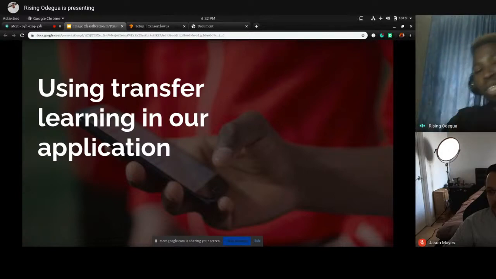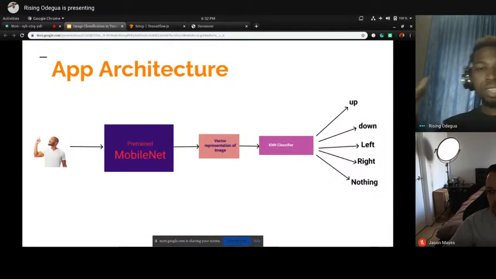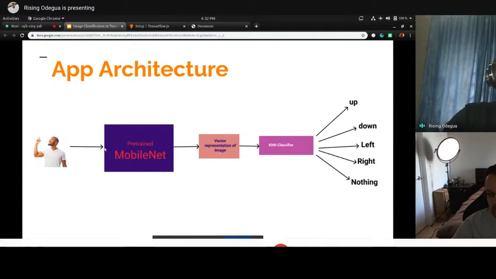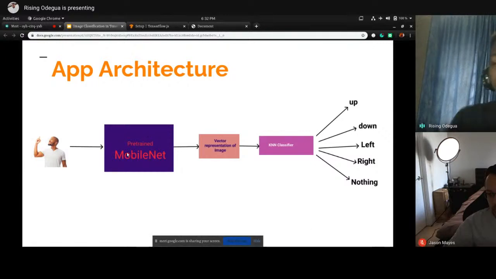So basically, we are going to be taking a pre-trained MobileNet. This is the architecture of what we'll be building. Remember, I said there are different ways of using a pre-trained model. You can decide to take a pre-trained model and add a head to it, then train everything. Okay, but there's also another way you can easily do that, by using something called